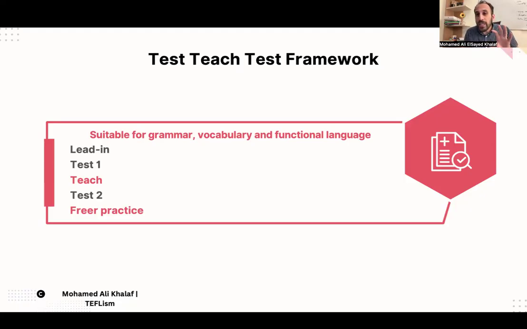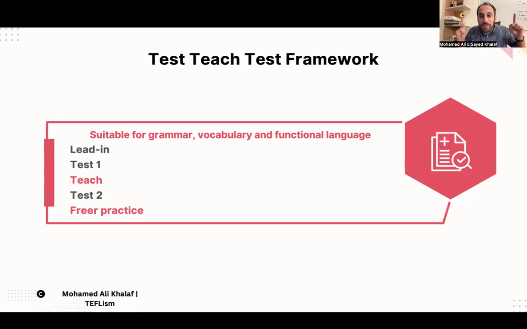Usually, with this framework, students have a task, maybe a matching task, words with pictures. So let's say that the students had 10 words or 12 words, and they were able to match 7 of them effectively and correctly. 7 words were matched with their appropriate pictures correctly. So the teacher knows now that they have knowledge about these 7 words. They know these 7 words. What should I clarify in the teach stage?